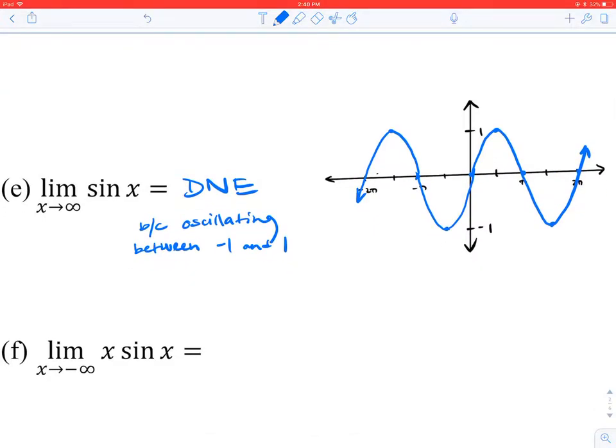Now, the next limit is interesting because you guys have never had to graph x times sine of x by hand, but you do know what the graph of y equals x looks like, and you know what the graph